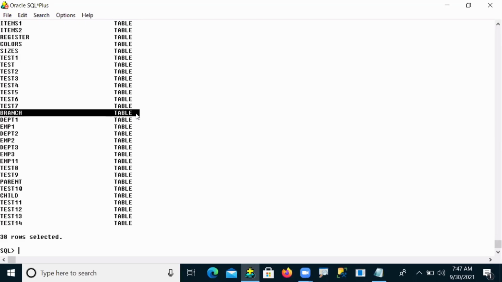That means for DDL operations, the user has no need to commit, because those operations are automatically committed by the system.